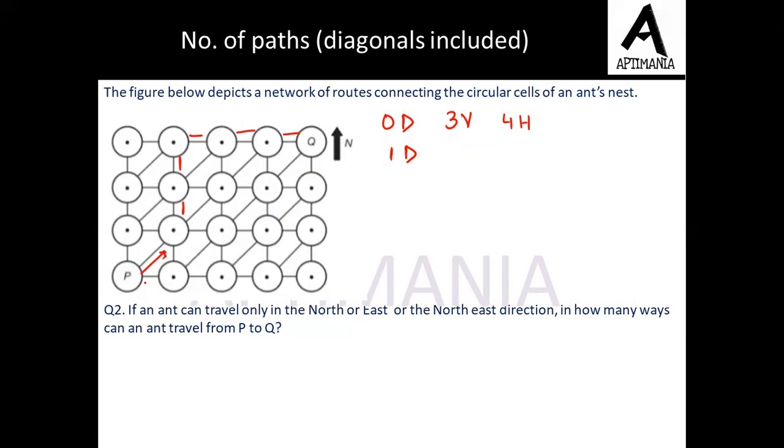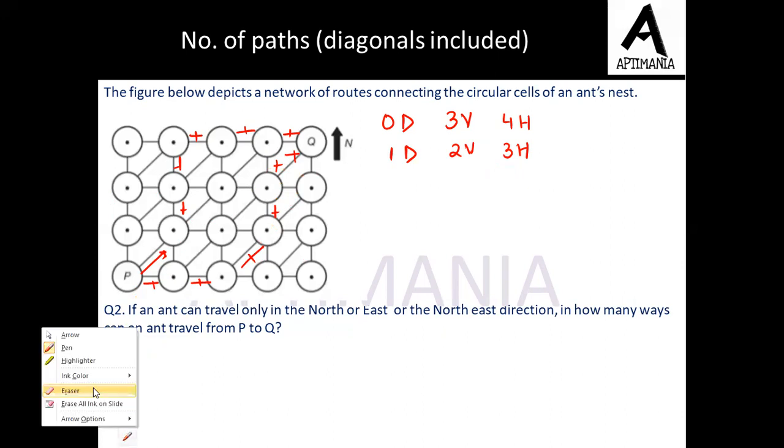If I take a different diagonal, then it's horizontal, horizontal, then diagonal, then vertical, vertical, and then horizontal. So again, we can just count it out. There is only one diagonal. In the first case, it's 2 vertical, and then it is 3 horizontal steps that we are taking. We can just check it out again. In the second case as well, it's 1, 2, 3 horizontal steps, 1, 2 vertical steps, and 1 diagonal step. So when 1 diagonal step is included, we are having 2 vertical and 3 horizontal steps.